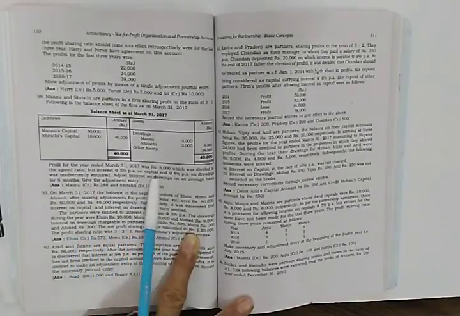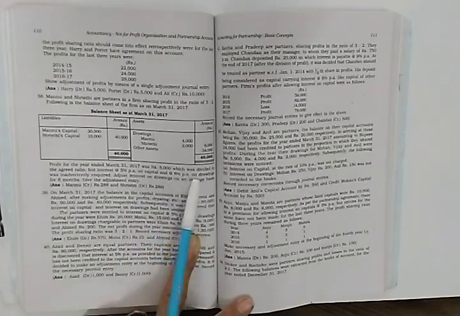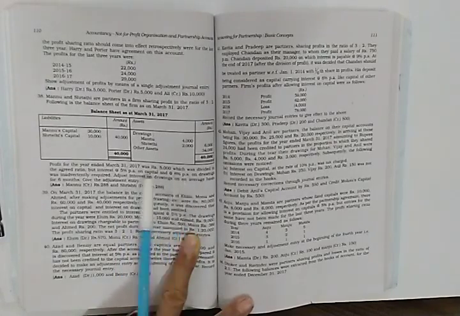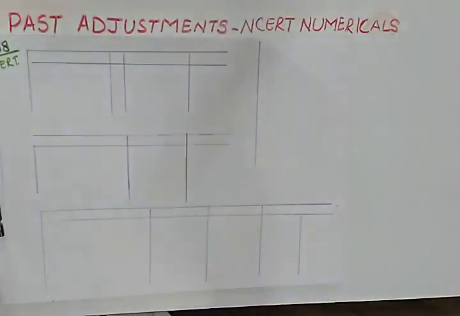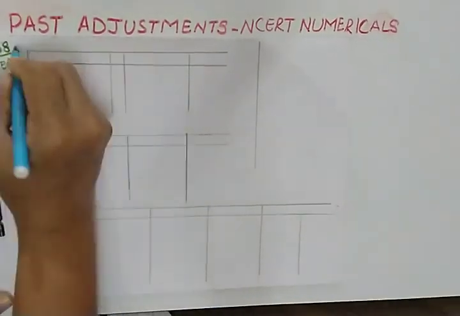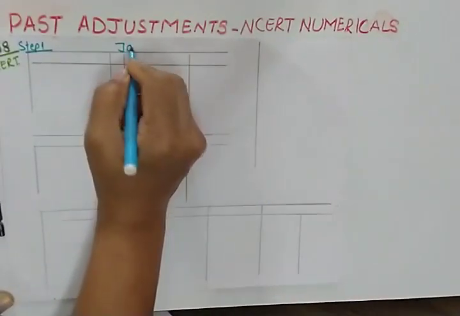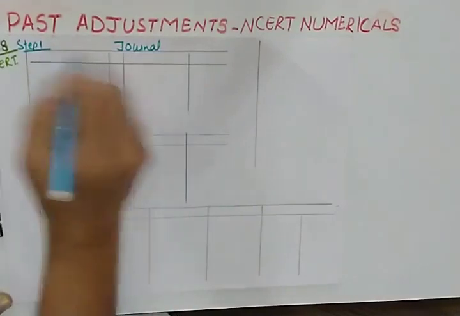So here we have done two omissions. What are those omissions? Those omissions are omission of interest on capital and omission of interest on drawing. So when we make statement showing adjustment, we need to make the adjustment for these two items. So let us start. As I already told you, the first step would be you will make a format of journal. This is step 1.